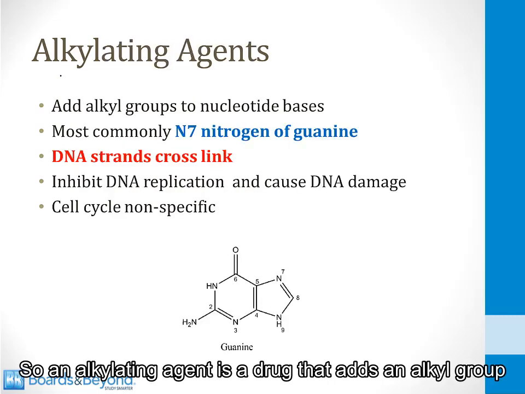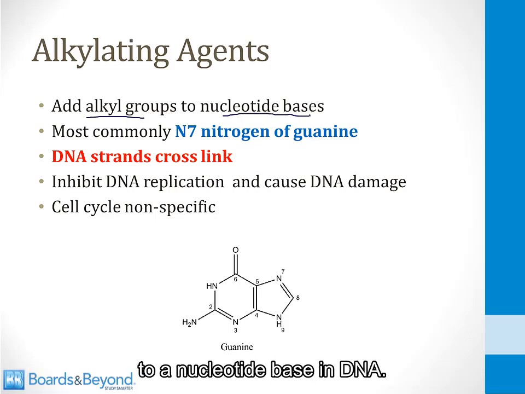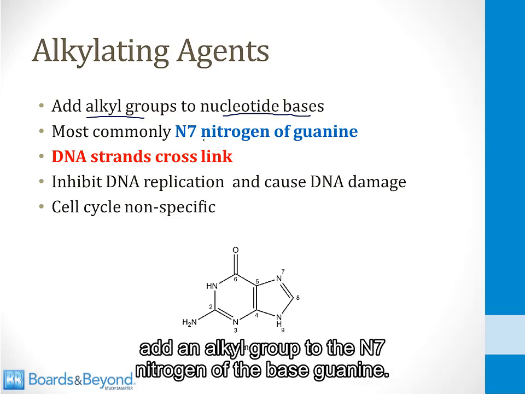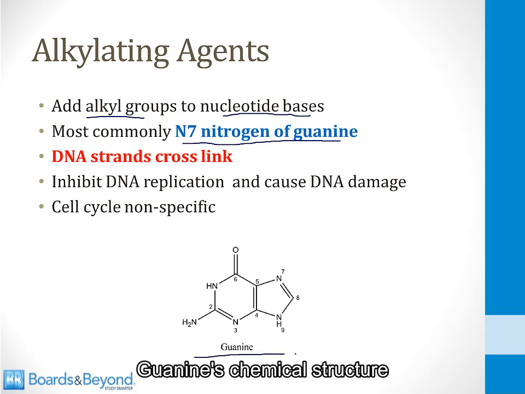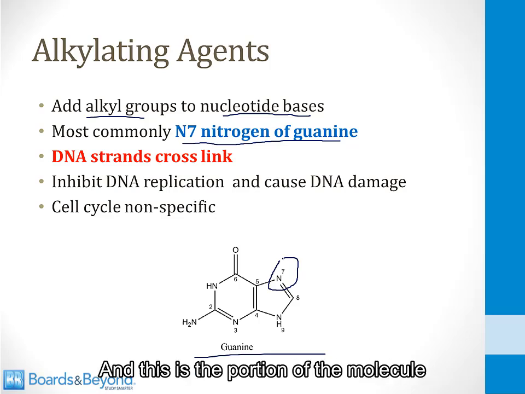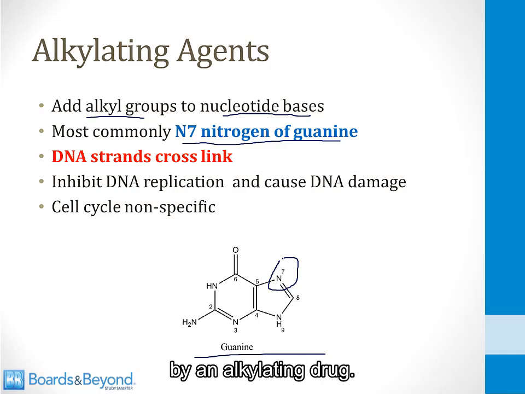So an alkylating agent is a drug that adds an alkyl group to a nucleotide base in DNA. Most commonly, the chemotherapy alkylating agents add an alkyl group to the N7 nitrogen of the base guanine. Guanine's chemical structure is shown at the bottom of the screen. Each of the atoms is numbered, and the N7 nitrogen is found right here. And this is the portion of the molecule that will have an alkyl group added to it by an alkylating